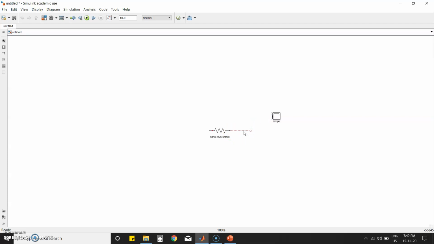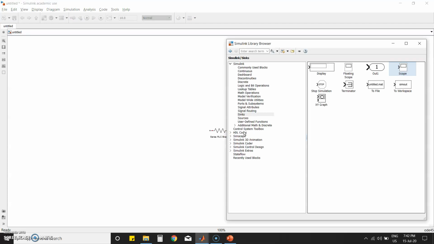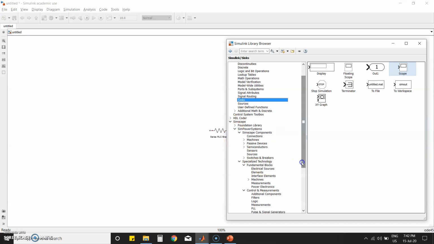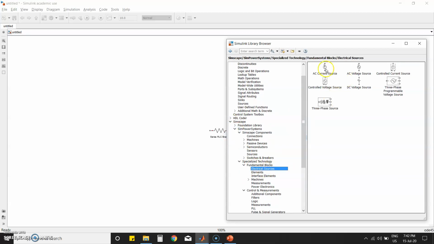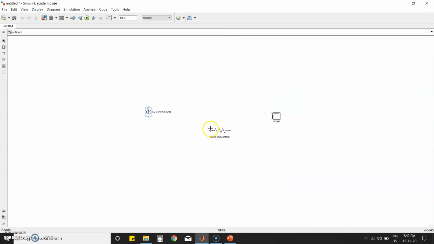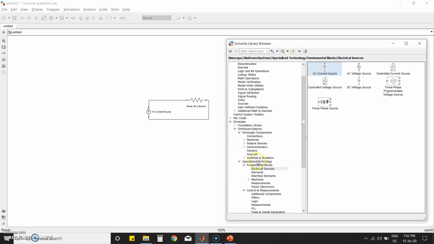Here you can't connect the scope yet. For that I will add some basic things in power system, just adding an electrical source from AC voltage source. From the AC voltage source I am adding a resistor. From the resistor I am again adding that to a branch, and I want to measure the voltage across the resistor.